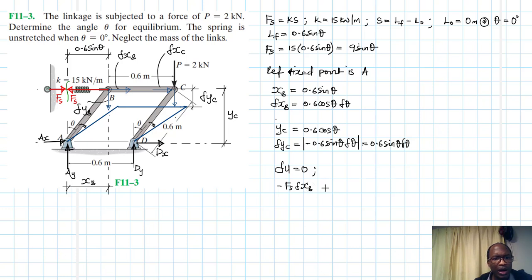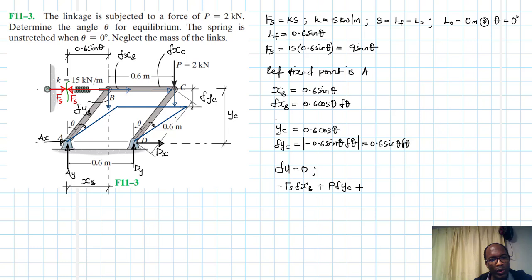Okay, and then at C, we only have work in the vertical direction because we have a force and a displacement. In the horizontal, we don't have any force, but we have a virtual displacement. The force in the vertical direction is in the same direction with the virtual displacement. Therefore, we're going to have a positive virtual work. So we'll have plus P, then del